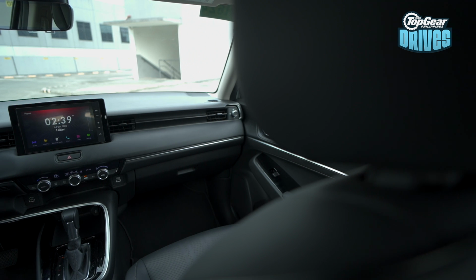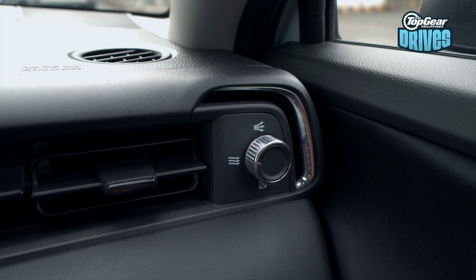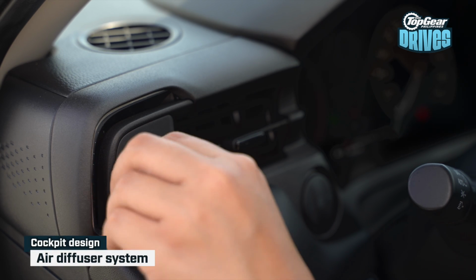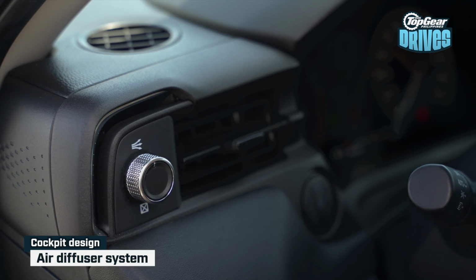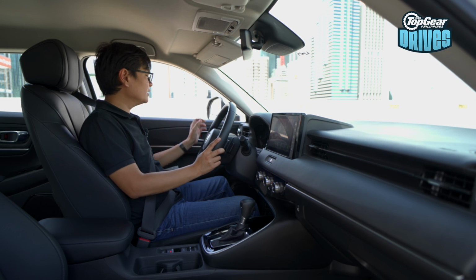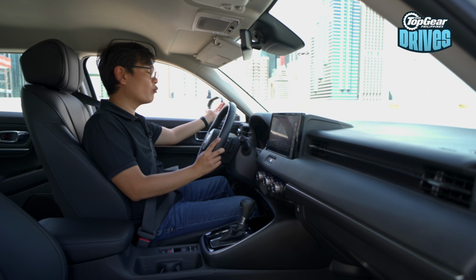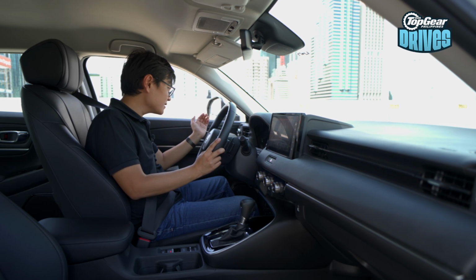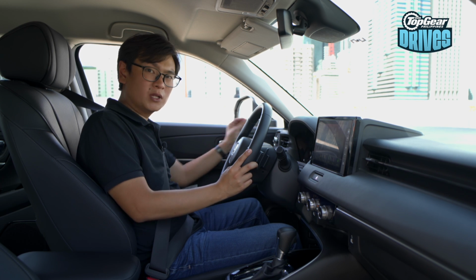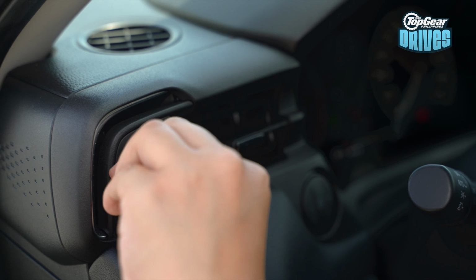Other things about the HRV's front part of the interior, you're going to see this interesting AC vent by the corners of the dashboard. It's actually an air diffuser, and if you set it that way, instead of blowing air straight through the vent, it shoots it out through this rather neatly integrated air diffuser. So it blows out cool air, of course, and it blows it away from the windows so it doesn't fog up the windows, and at the same time, it doesn't freeze your hands to death because it's away from the usual AC vent. Of course, you can also set it to the standard vent or shut it off all the